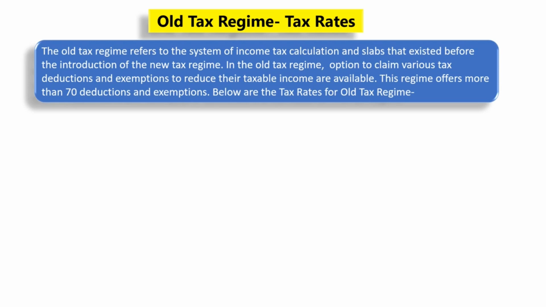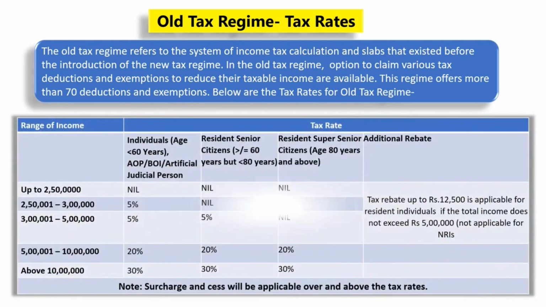It may also be noted that the tax slabs also are divided into three parts. For individuals less than 60 years, association of persons, body of individuals and artificial judicial persons, the basic exemption limit is Rs 2,50,000. The second category is resident senior citizens between the age of 60 to 80 years where the basic exemption limit is Rs 3 lakhs. The third category are resident super senior citizens of age 80 years and above where the basic exemption limit is up to Rs 5 lakhs. Additionally, the tax rebate is also available up to Rs 12,500 for resident individuals if the total income does not